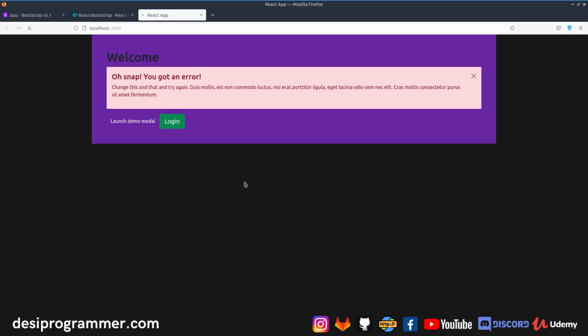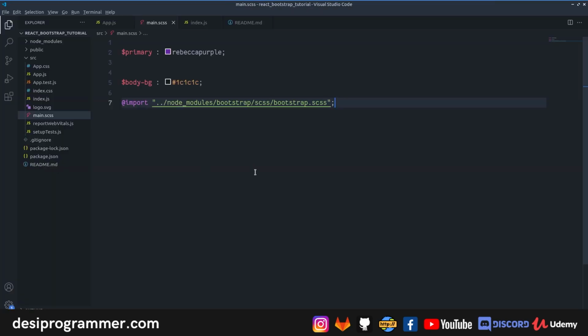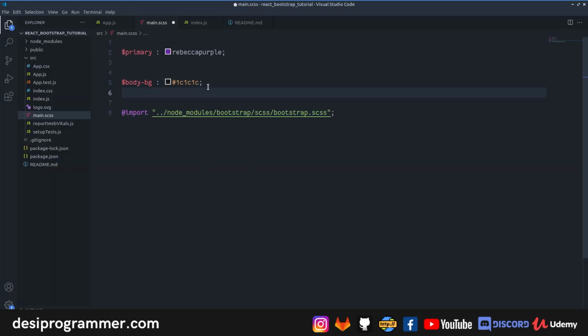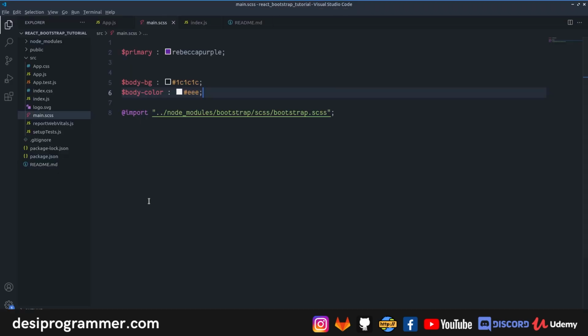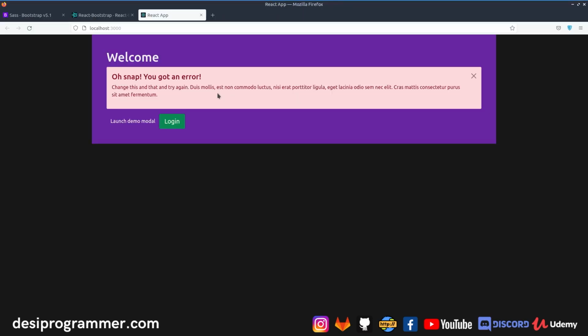This kind of applies a dark background to my entire body, and I can simply do something like $body-color #EEE. Save, go back, reload, and my entire color in my body will now be white. So basically I have applied a dark theme to my Bootstrap with just 2 lines of code. So my body background is now dark, and my body color, so all the h1, p tags will now be white by default, and all the backgrounds will be black by default.